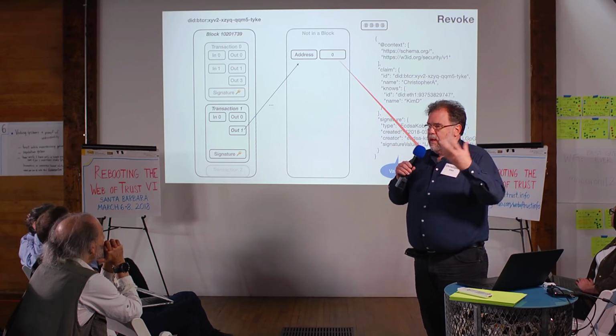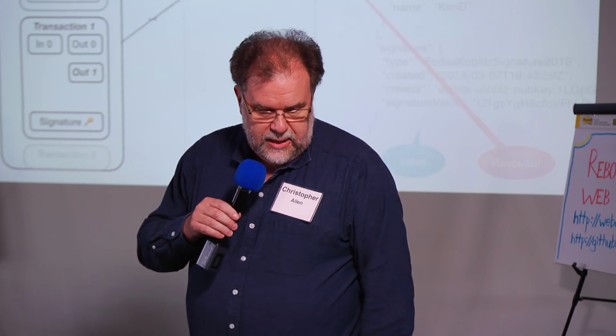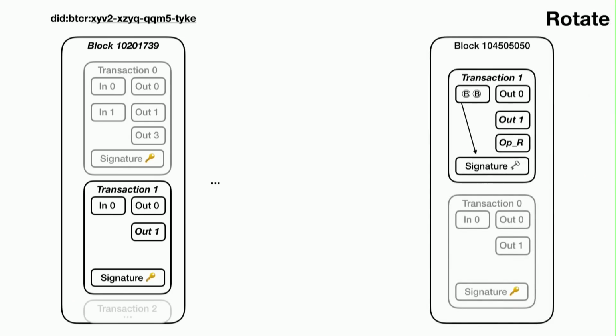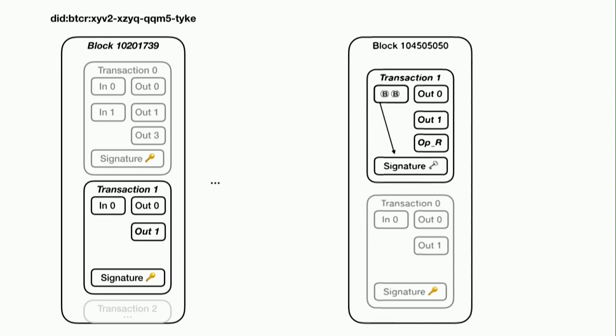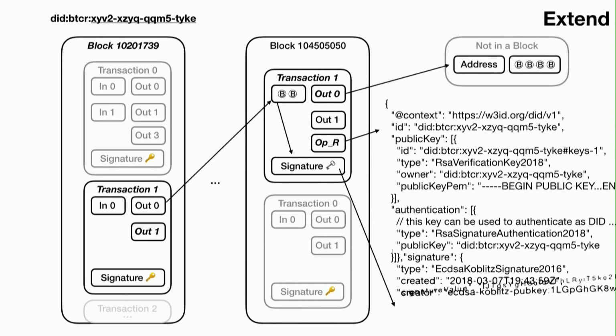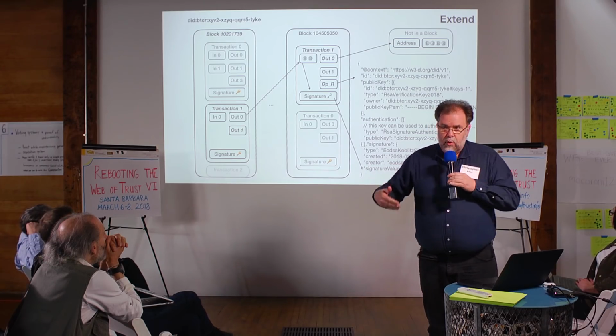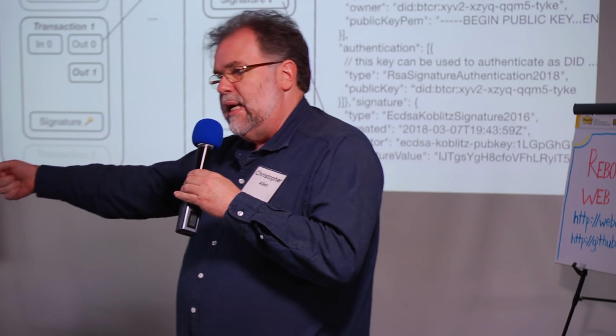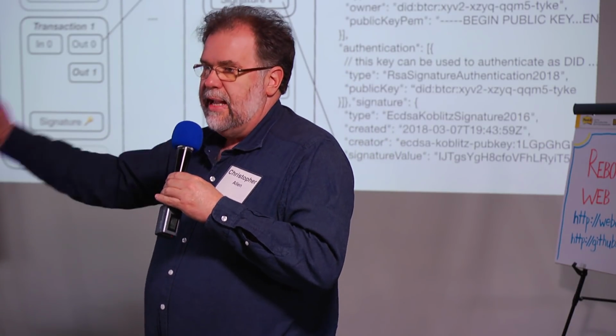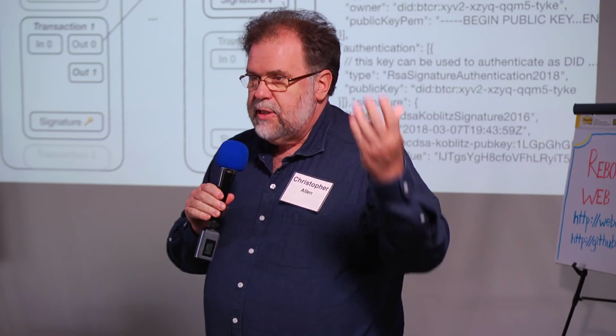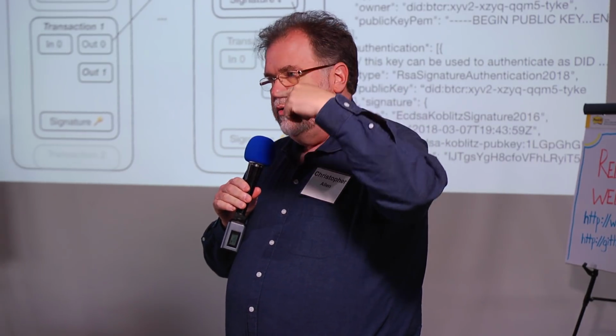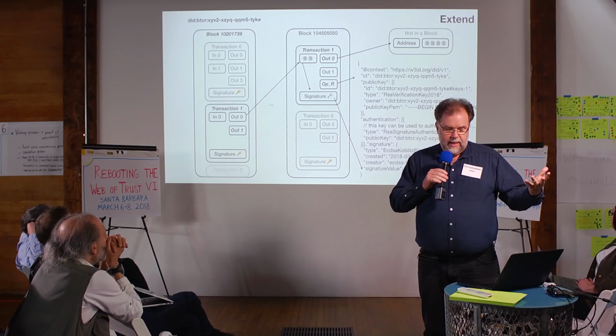Now, obviously, we want to be able to do more than that. We want to be able to rotate. So where we sent the funds to, we can put in an op return. That op return basically allows us to give some additional information. Some of that additional information can be things like additional keys. Of course, it now has to be signed by the new key that we just established in the latest transaction. And of course, it points to an address that is the new tip that has the Bitcoin in it,